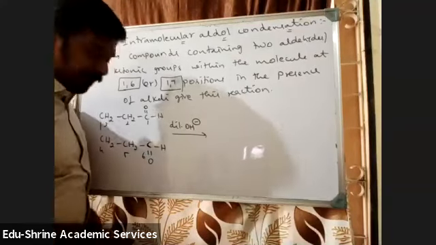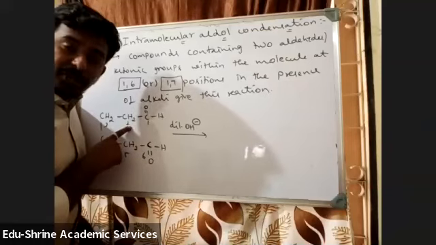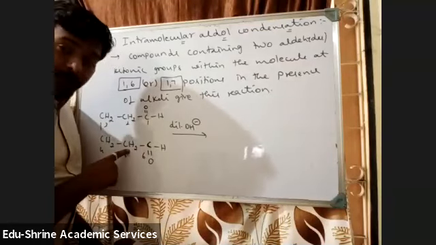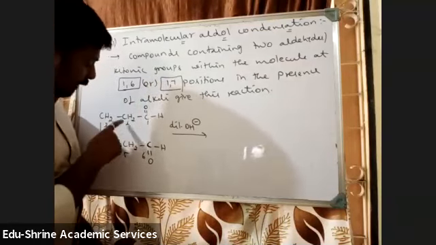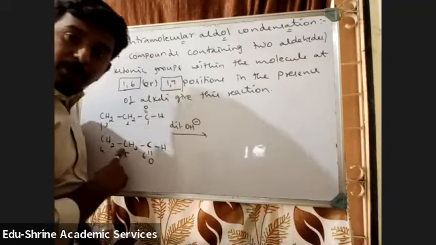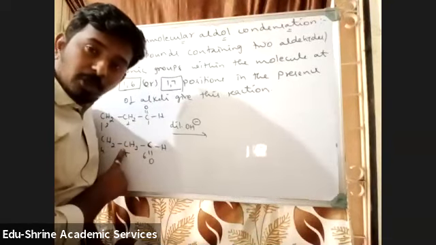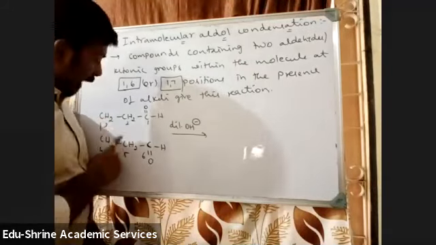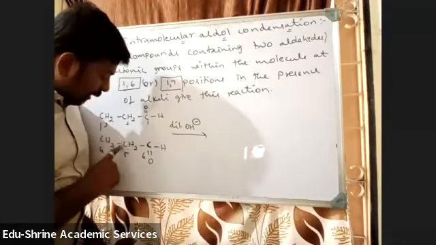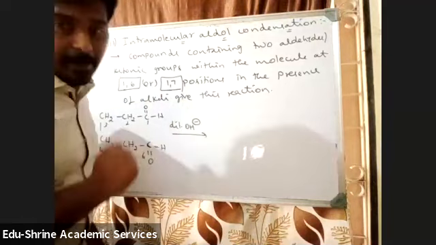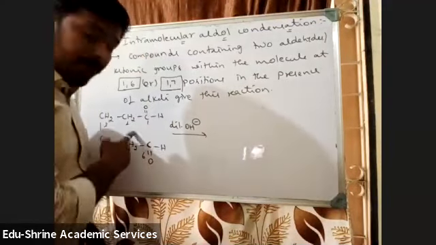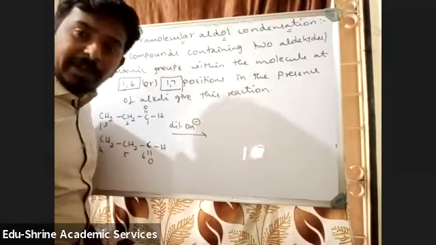Now you can see, to this aldehyde group this CH2 group is attached, and to this aldehyde group this CH2 group is attached. So these two are alpha carbon atoms, both in the same environment, students. So either you get a carbanion here or you get a carbanion here, it will be the same. If not, you need to check for the greater number of hydrogens.